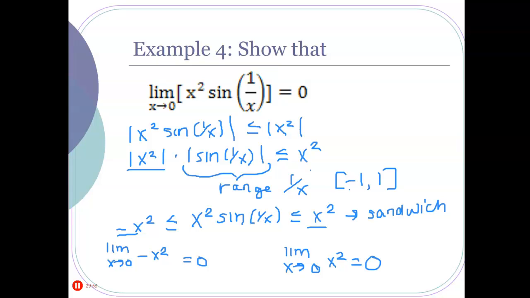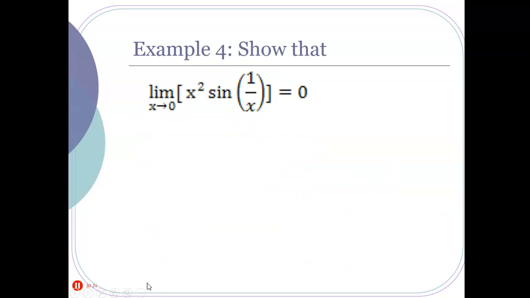Fantastic. So if the limit as x approaches 0 of -x squared is 0, and the limit as x approaches 0 of x squared is 0, and this has to live between these, and their limits are 0,